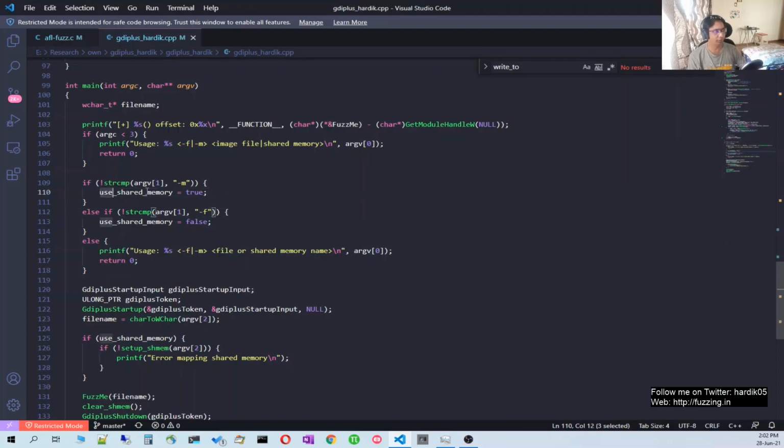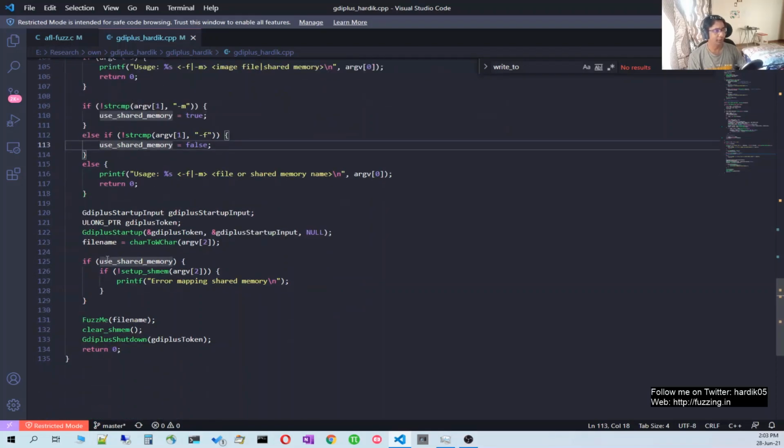We will set this variable use_shared_memory to true. This is a global variable, and if we have given -f, it means that we are not using shared memory. We will set this to false, and we'll simply use our file mode over here. And then we are checking that if the use_shared_memory flag is set, then we will set up shmem.